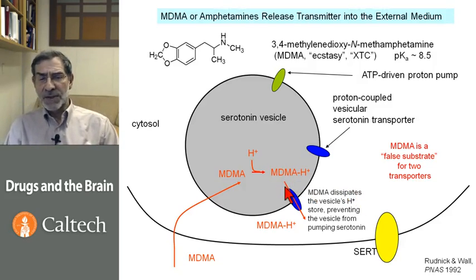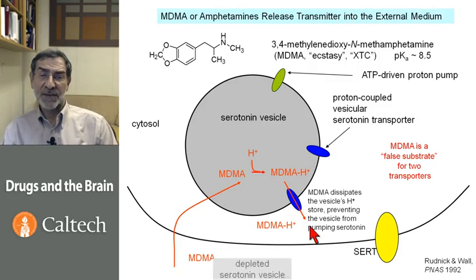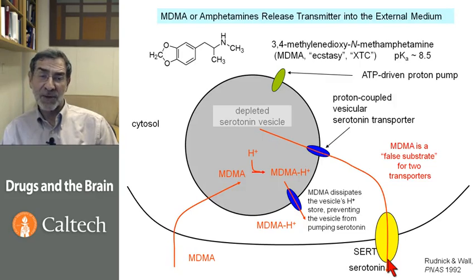So, because MDMA is transporting protons out of the vesicle, it is in fact dissipating the vesicle's proton store. This prevents the vesicle from transporting serotonin in through the proton-coupled vesicular serotonin transporter, so the vesicle empties. When the vesicle empties into the cytosol, the same kind of reverse transport happens at SERT, the plasma membrane serotonin transporter. The result is that MDMA or amphetamines release transmitter into the external medium, where they can act on other